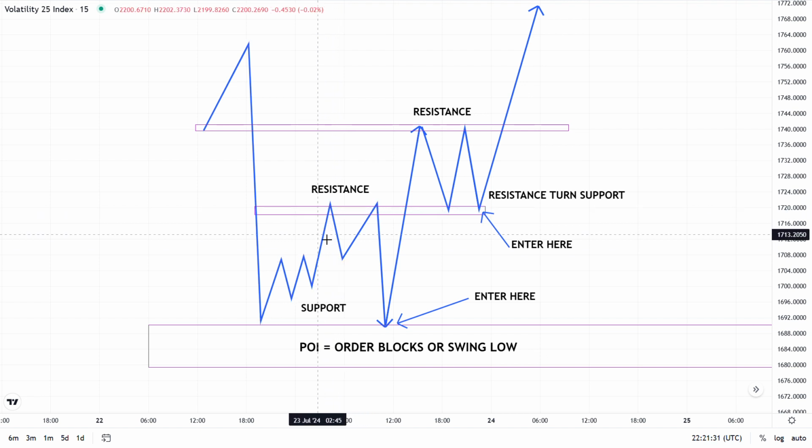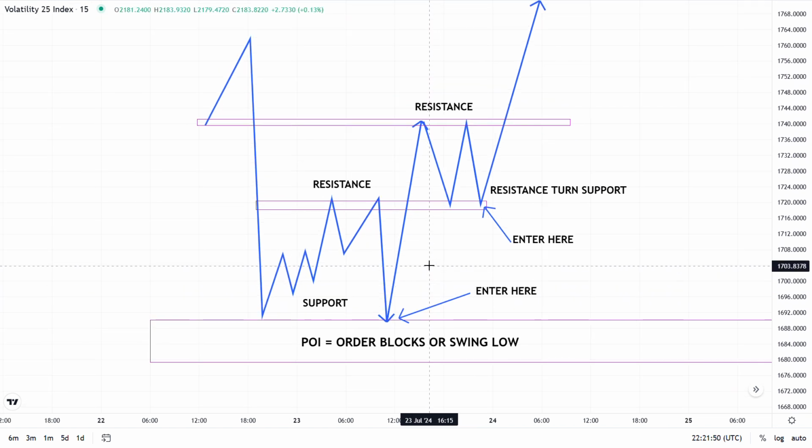Take note. The market's coming to this POI at the top here, this resistance right here. It has created the first touch. Coming to it the second time, creating the second touch. If you want to be shorting it from here to here, this is where you're supposed to enter from. If you want to enter from here, you could more likely enter this trade from here, going back down to